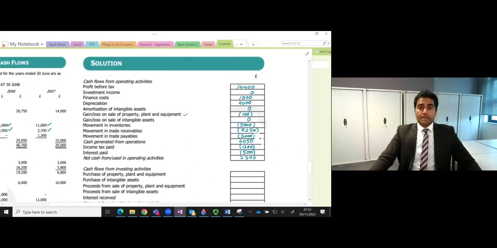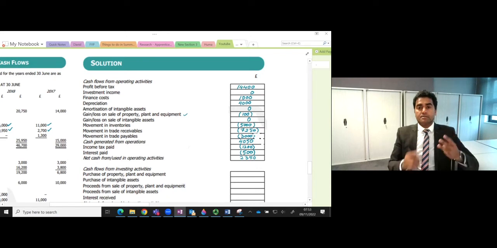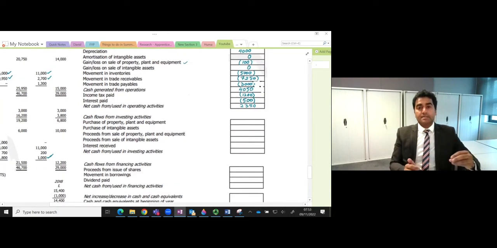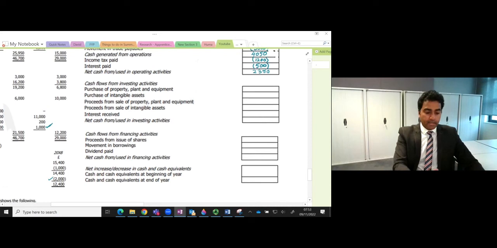Now, the next thing I'm going to do is to calculate the cash from investing activities. As you know, cash flow has got three parts: cash flow from operating activities, cash flow from investing activities, and then cash flow from financing activities. So looking at my investing activities,